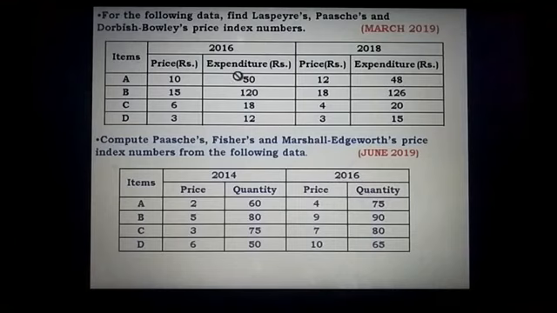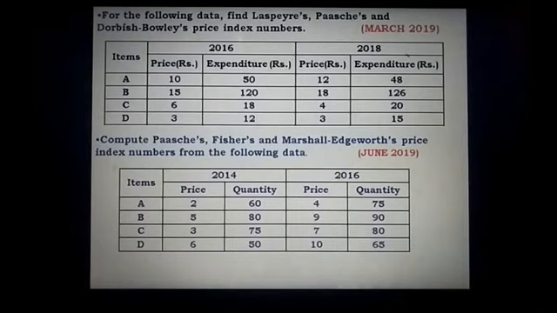But in the previous question, what had happened was that price in the base year and current year was given, so that is P0 and this will be P1. And here expenditure is given, here quantities are given. Here Q0 and Q1 we will take directly, but here expenditure means P multiplied by Q, that means price multiplied by quantity. You already know all these facts.